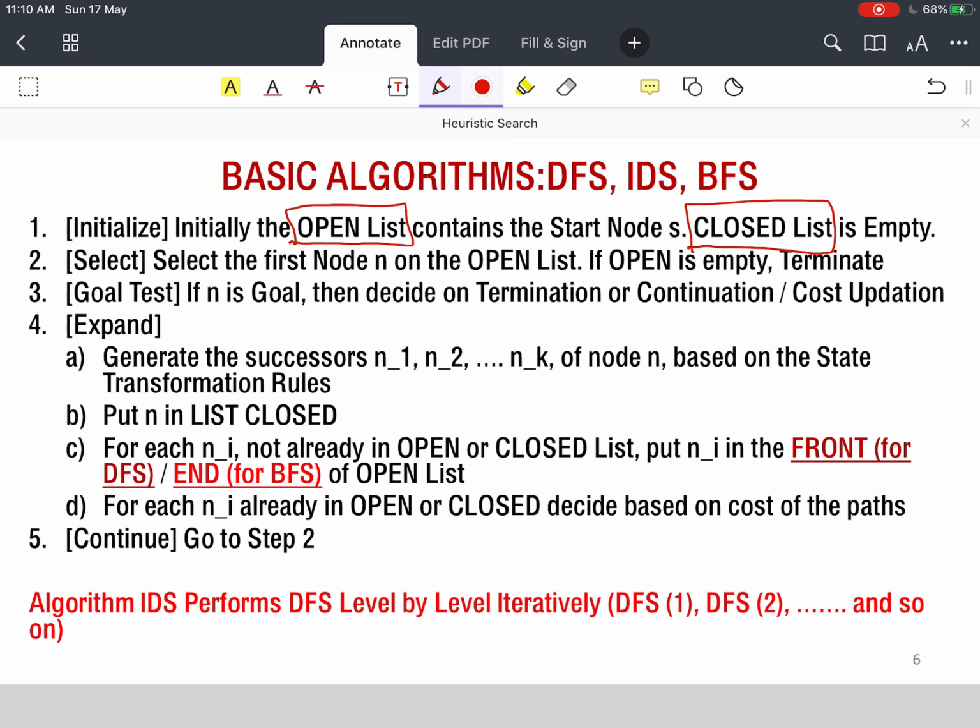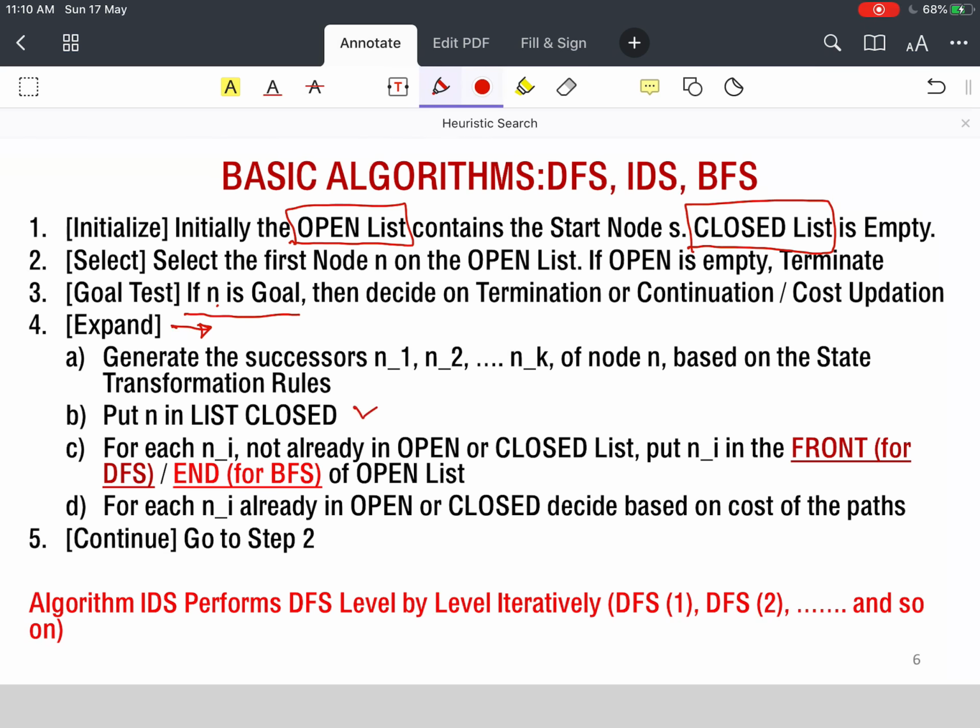The node that we remove in step 2 is tested in step 3, and if it satisfies the goal condition, we may terminate or continue. We have seen that in breadth first search we can terminate, and in depth first search we can terminate or continue. If it is a goal node, we terminate here. Otherwise, we move on to generate the children of this node.